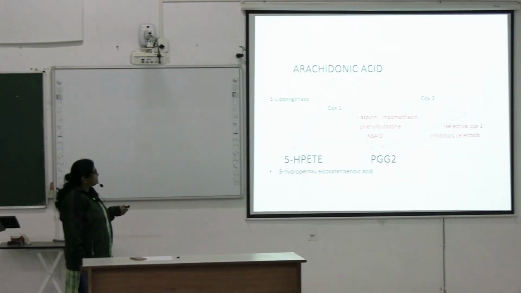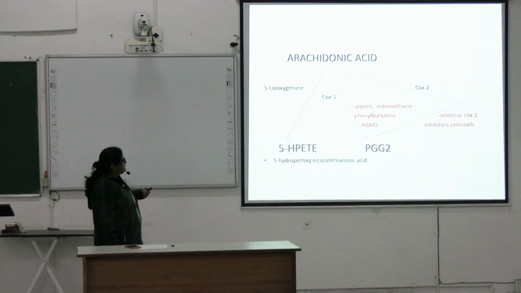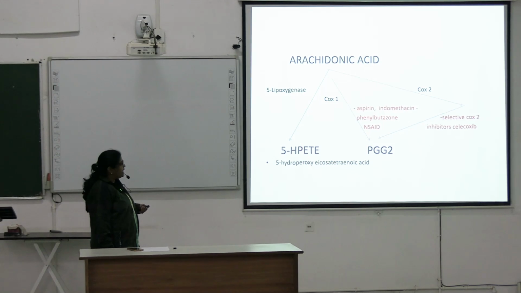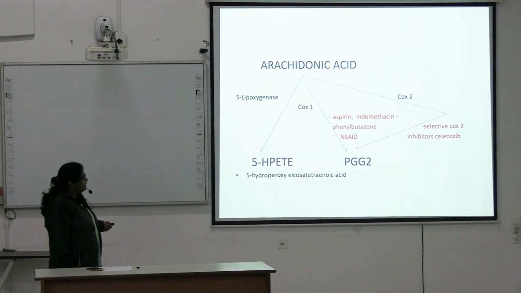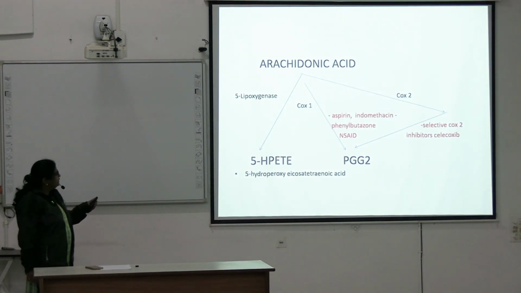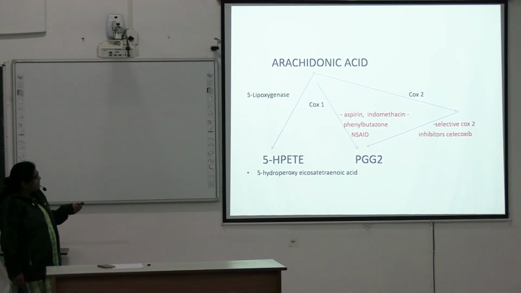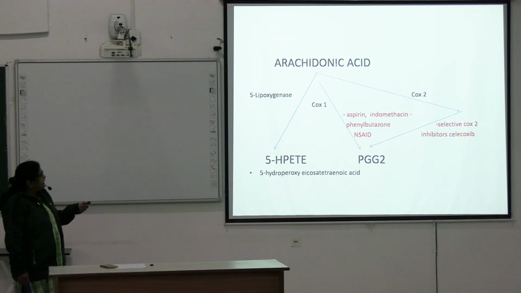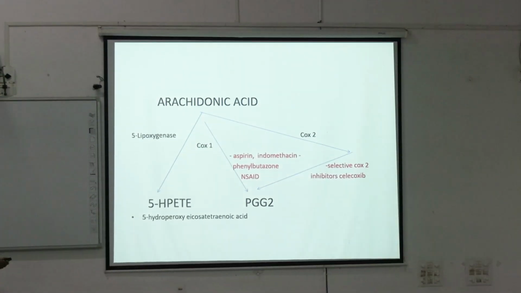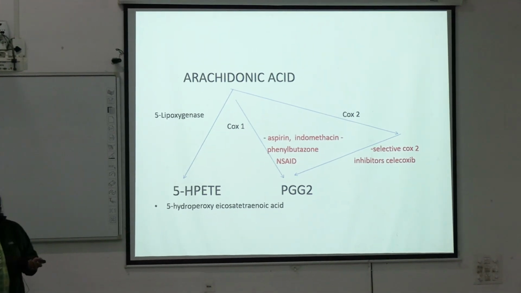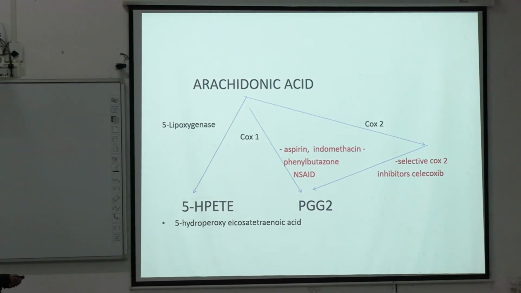In the leukotriene pathway, by the 5-lipoxygenase enzyme, arachidonic acid is converted to 5-hydroperoxy eicosatetraenoic acid. And the cyclooxygenase enzyme, COX means cyclooxygenase,